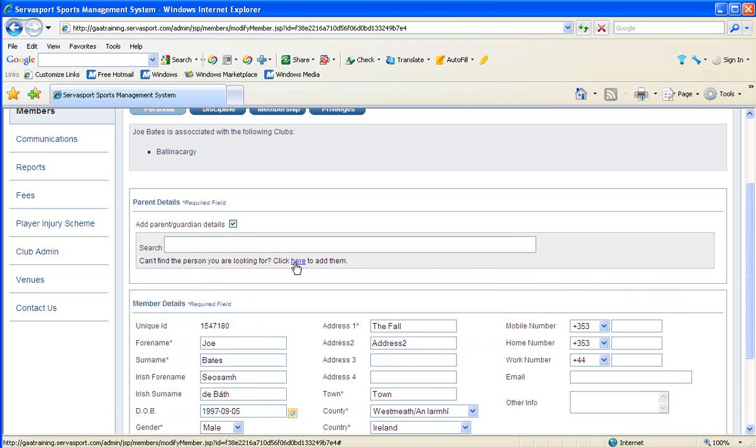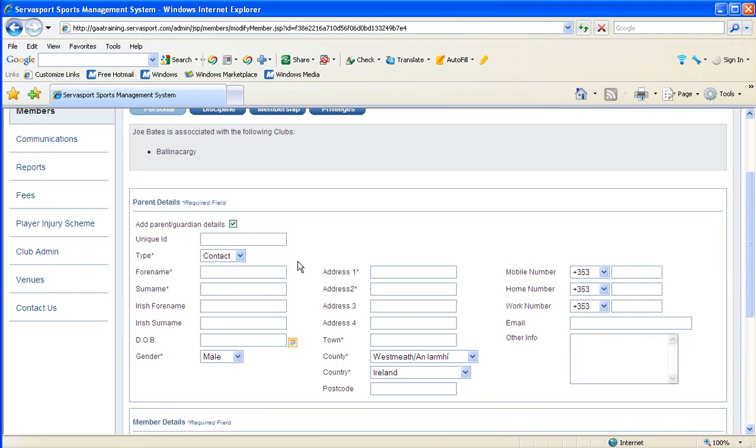And when I click here to add them, it gives me two choices. It gives me a chance to add the person as a contact or as a member. So if I'm enrolling a parent and a couple of kids, if I put on the kids first, then I could put on the parent now as a member. But in this case, I'll assume that I want Mr. Bates to be a contact rather than a member. So I'll give his name, Tom Bates,